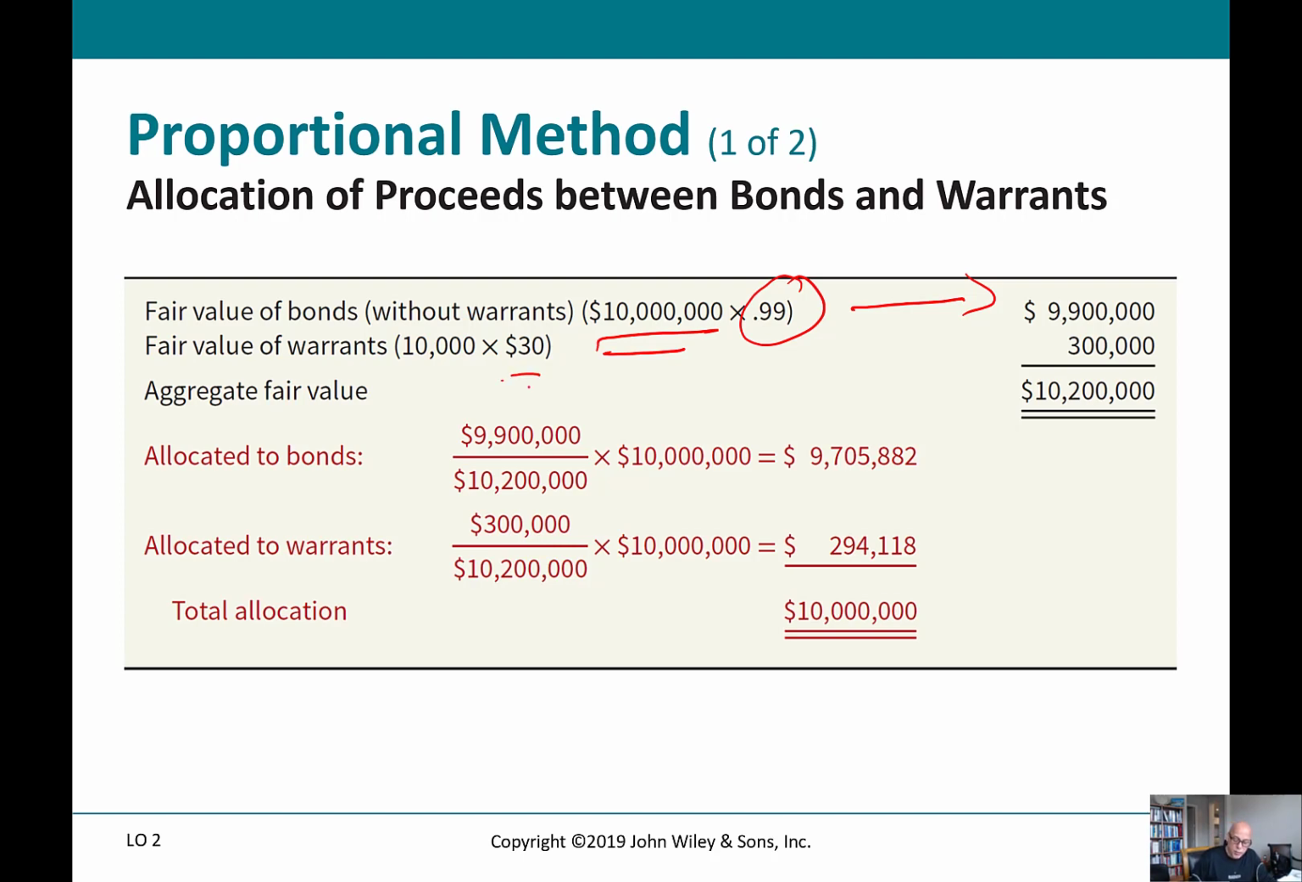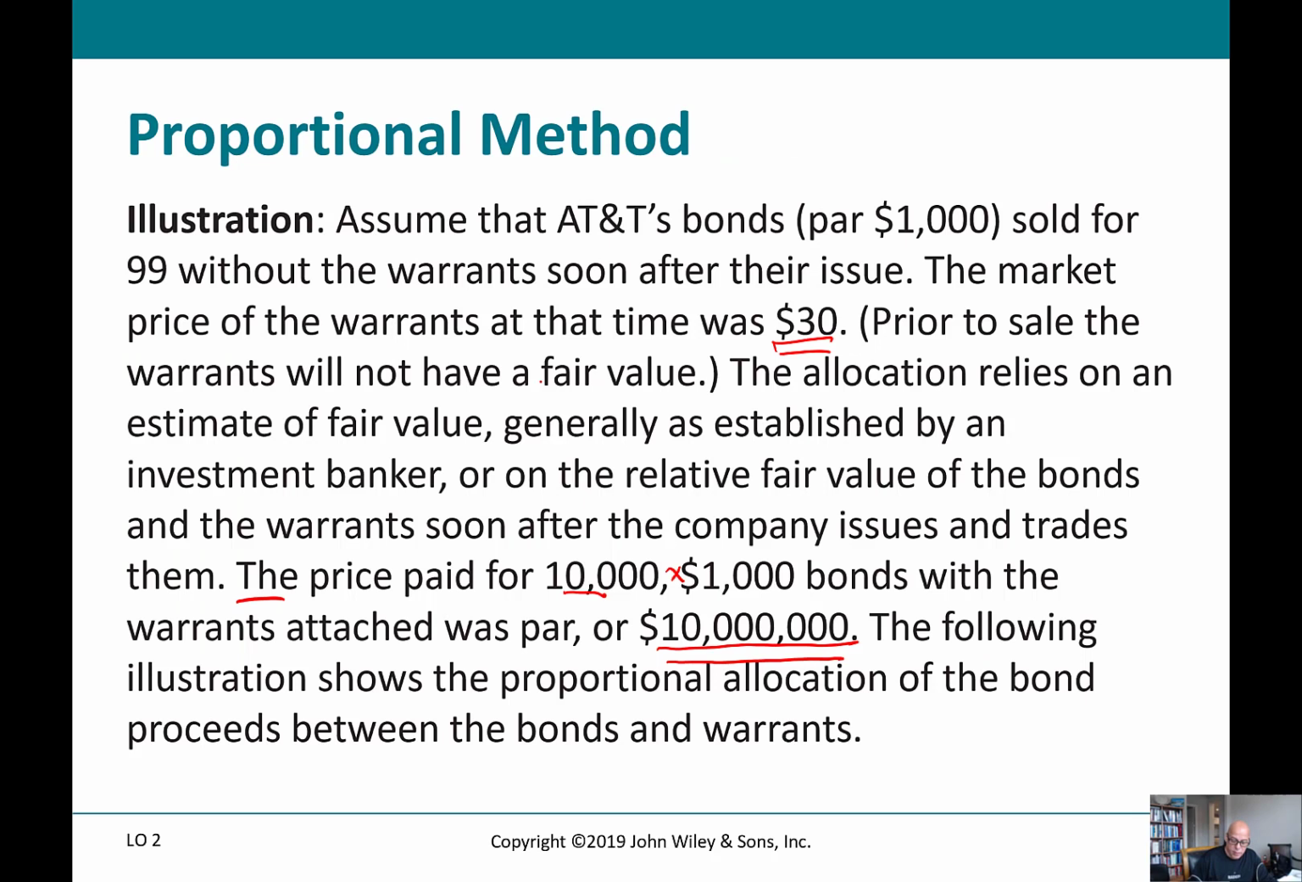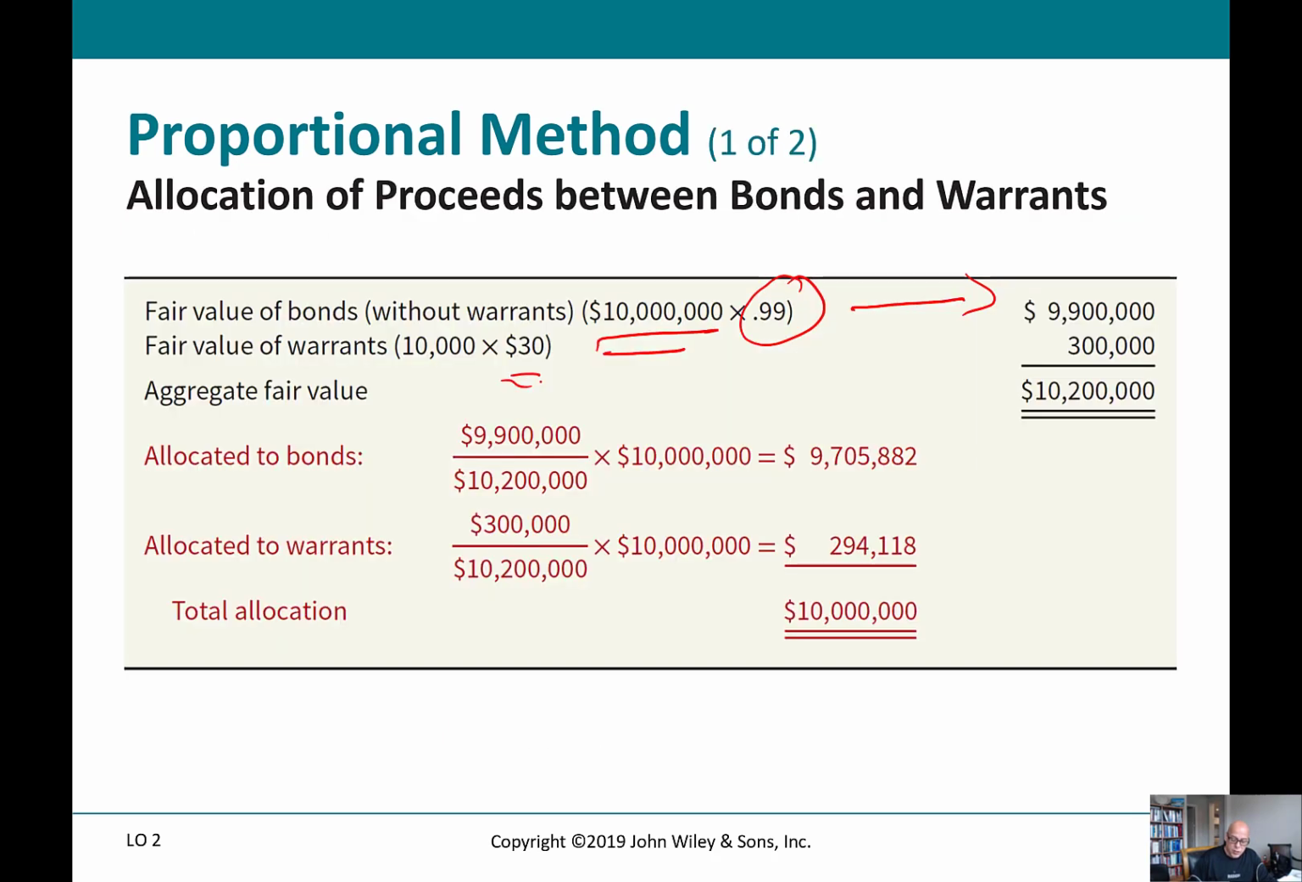They told us that the warrants had a market value of 30. So that market value of 30 times the 10,000 warrants, and again, I had to make a leap a little bit to understand that, because it was 10,000 bonds, each bond must have had one warrant attached to it, they could have more than that, was 300,000, 10,000 times the $30 per warrant. So I add those two amounts together,